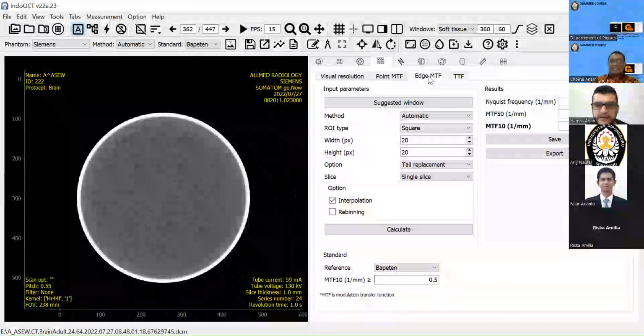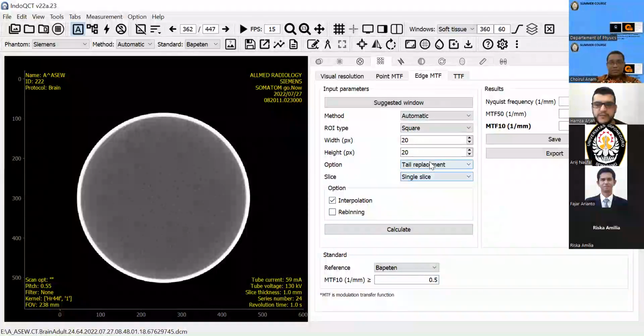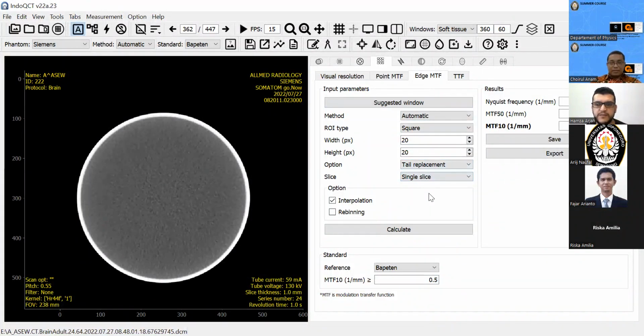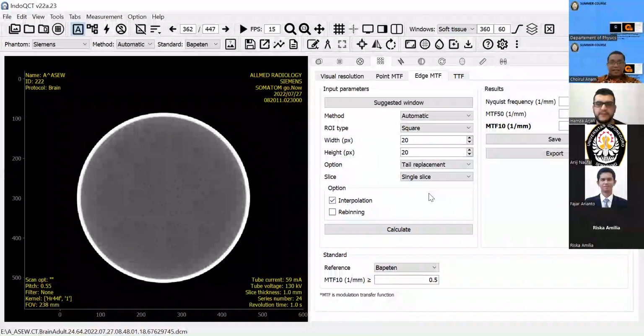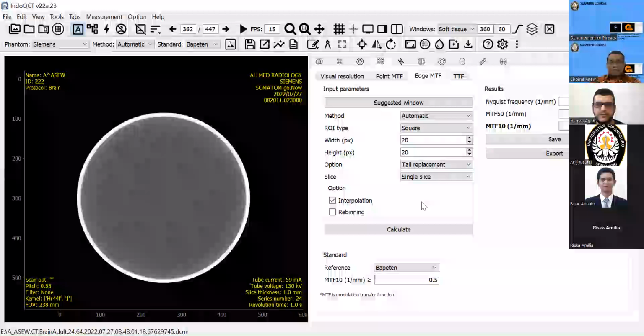Yeah, edge MTF. Okay. There is the sub MTF, automatic, and also the method automatic, area type square, width 20 pixels, height 20 pixels, the option tail replacement, the slice single slice. Okay. If everything is okay, then click calculate.